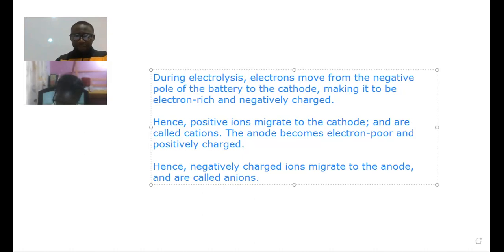Yes. Okay, let's look at factors affecting discharge of ions and products of electrolysis. Actually, we have three major factors that affect discharge of ions. During electrolysis, the ions in the electrolytes are positively and negatively charged. Remember we said they migrate. In order to know which of the ions are preferentially discharged, we need to know these factors. And one of such factors,